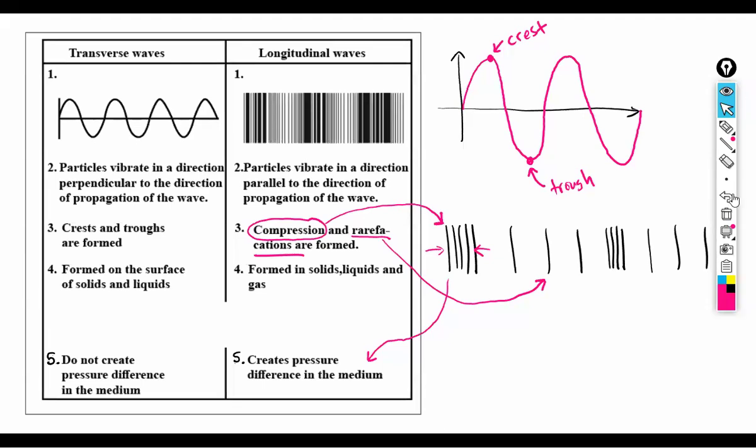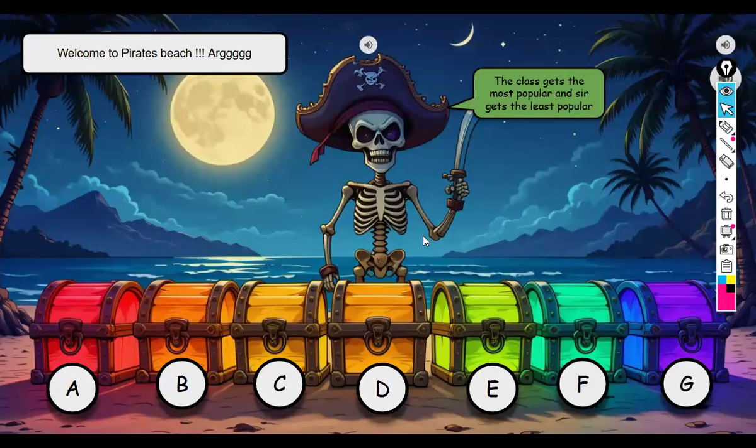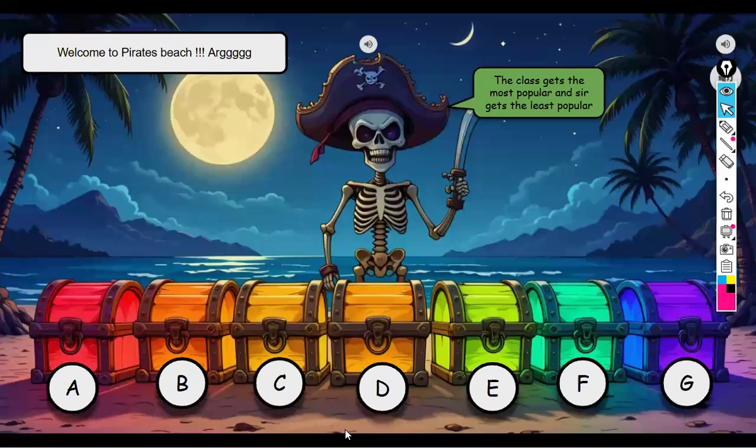All right, let's get ready to go. Let's see what the next slide is about. All right, so after all that writing, keep track of how much money you guys have. It shouldn't be too hard because you guys have $0. I have $500. Let's vote one more time and let's see if you guys get a little bit. Begin your vote. Let's see which one is the most popular and which one is the least popular. Remember, I get the least popular vote, you get the most popular.